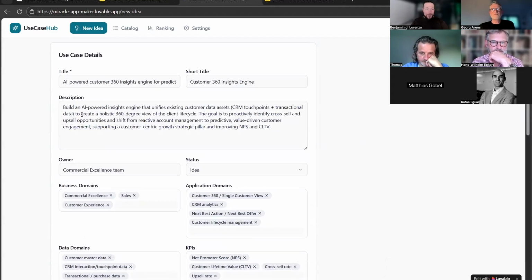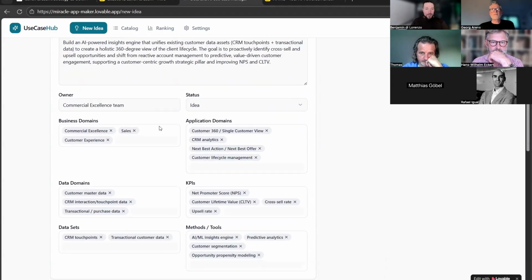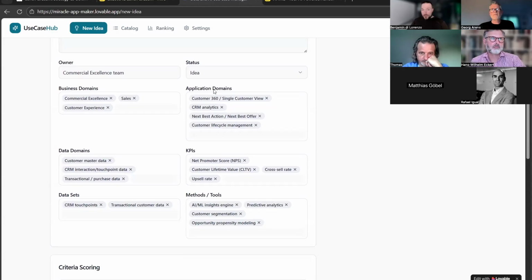catalog with a description, title, but also application domains, hypothetical KPIs, data domains, and I can of course write something for myself. I can add something, I can delete. But the whole cognitive load of transferring the idea into the catalog is kind of